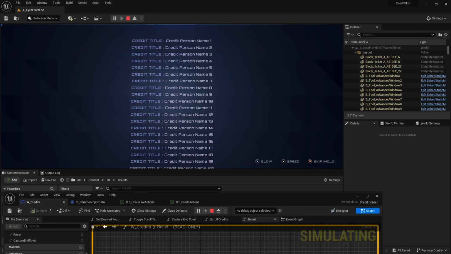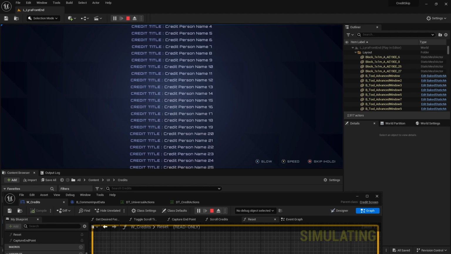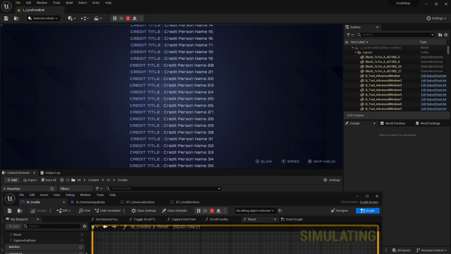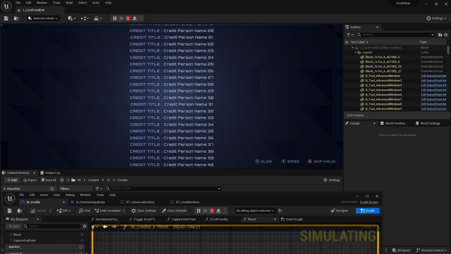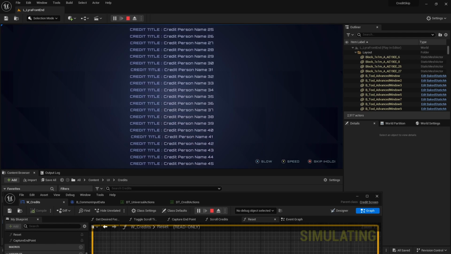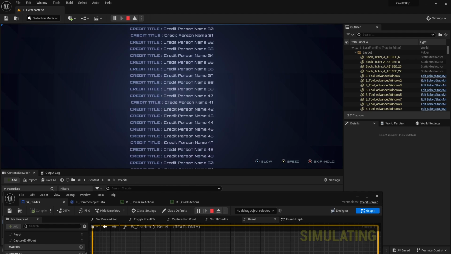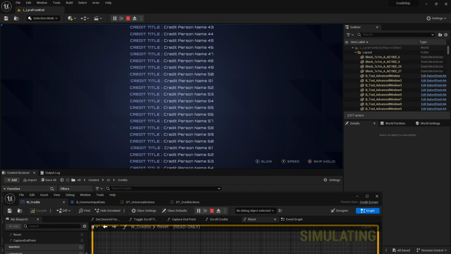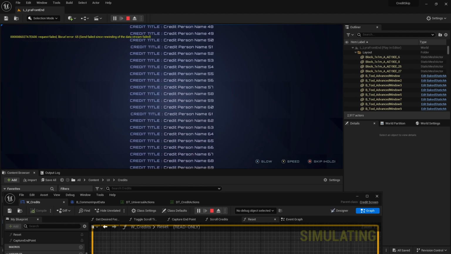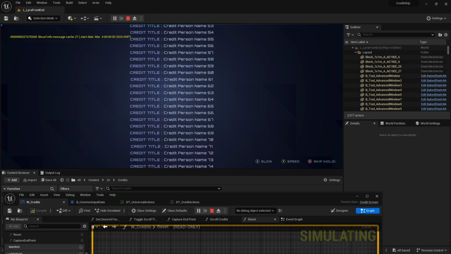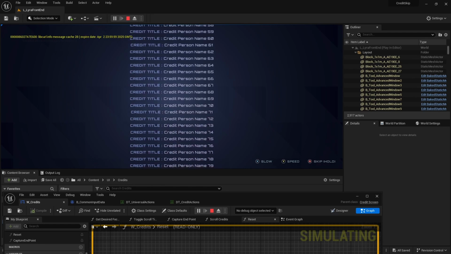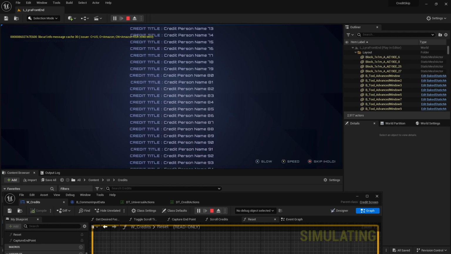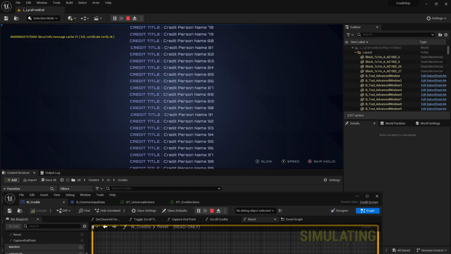So now you're empowered with essentially, you could bind any sort of action to your action bar, and Common UI just makes it easy for you. And it doesn't specifically have to be in Lyra, but Lyra is a great example of setting it up and seeing it work in action. So I might try to add this to my basic Common UI project that I use in 2 other videos, but I'm trying to keep that one blueprint only. So all I've used so far is just the default back handler.